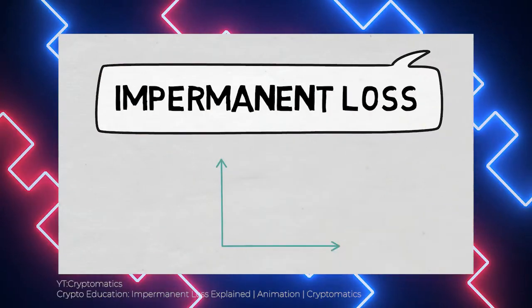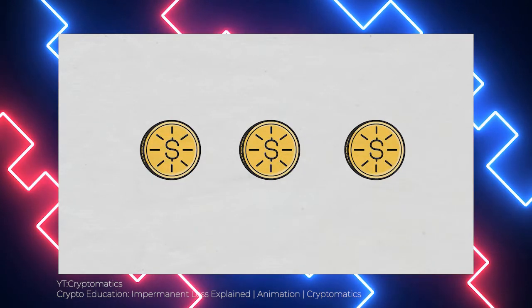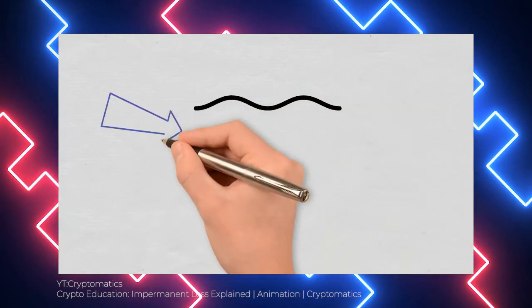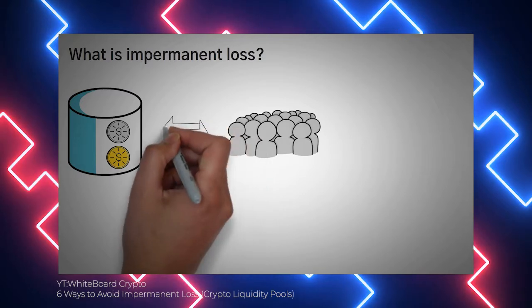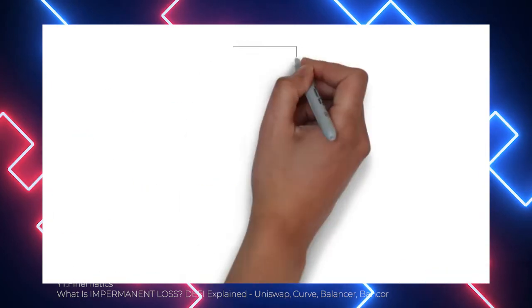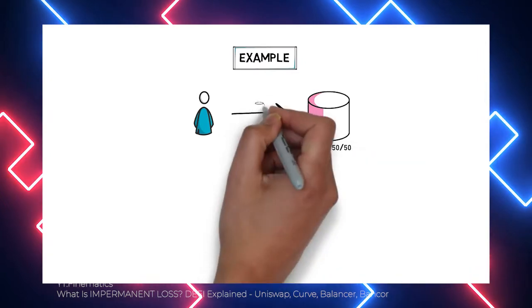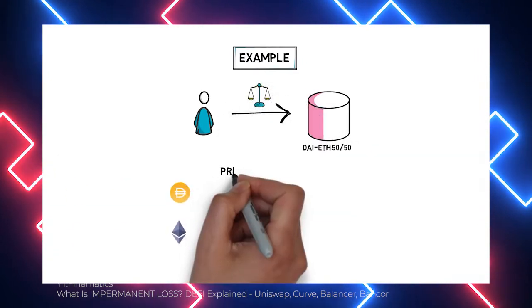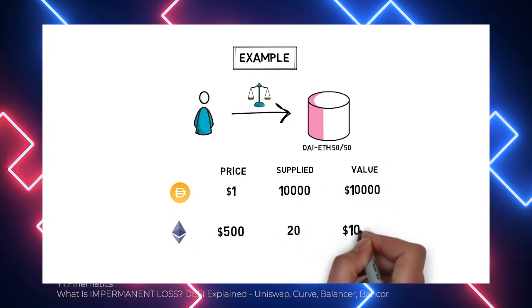So what is impermanent loss? Impermanent loss happens when you provide liquidity to a liquidity pool and the price of your deposited assets changes compared to when you first deposited them. The bigger this change is, the more you are exposed to impermanent loss. In this case, the loss means less dollar value at the time of withdrawal than at the time of deposit. Pools that contain assets that remain in a relatively small price range will be less exposed to impermanent loss. Stablecoins or different wrapped versions of a coin, for example, will stay in a relatively contained price range. In this case, there's a smaller risk of impermanent loss for liquidity providers.